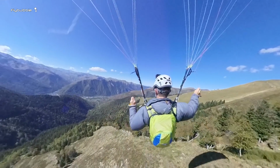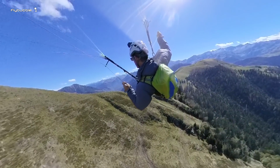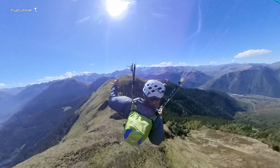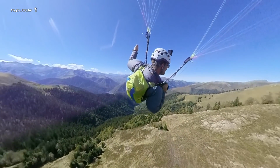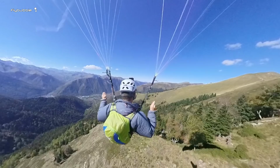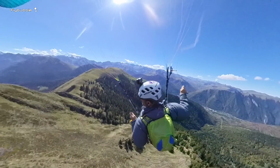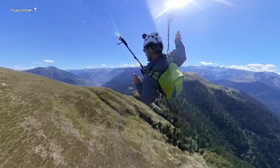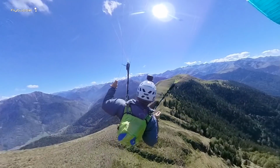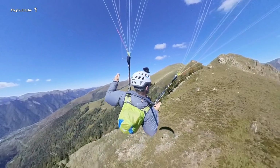Bit of lift. Back around. Bit of lift there. Trying to keep it super flat on this corner. Back into the lift. It's really light. I haven't got anything big, but if I just hang around here and keep working on the average, I should be able to connect. I can go all the way around now,